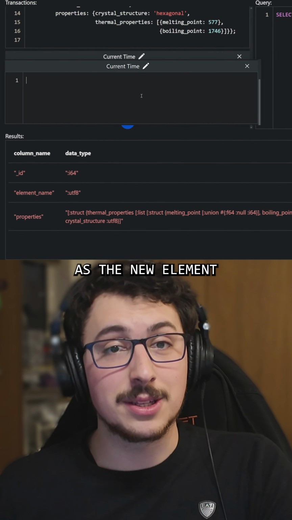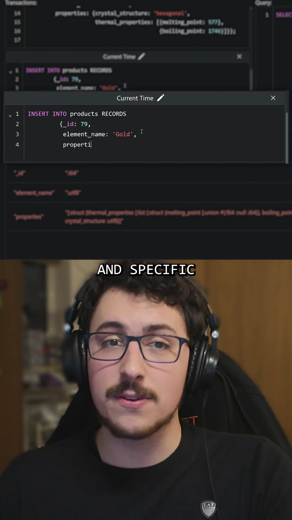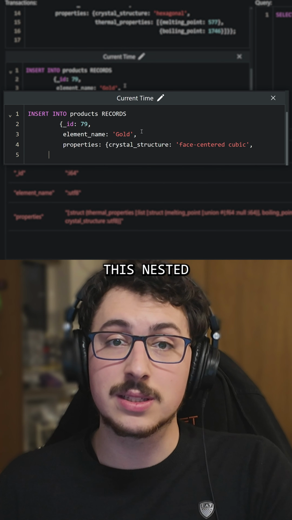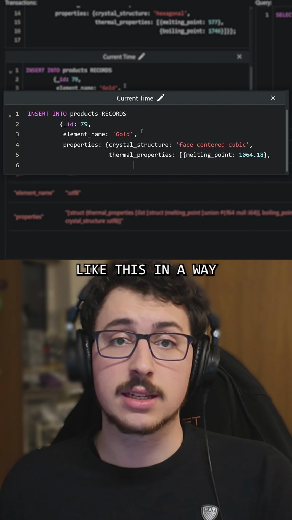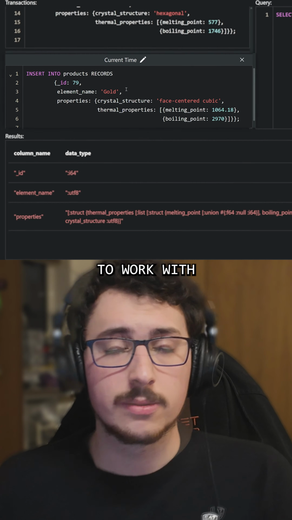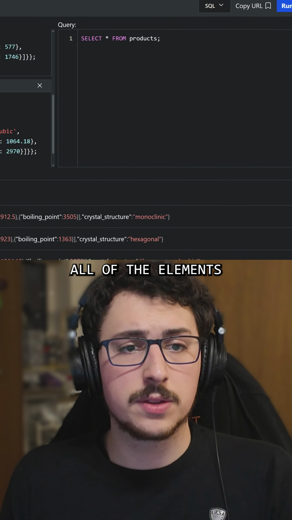Now let's add gold as the new element within our catalog. Gold has a unique crystal structure and specific thermal properties, so we'll need to store this nested like our other entries. The record syntax allows us to insert the nested data like this in a way that's easy to work with. Let's just check that gold has been successfully added, and as you can see, all of the elements are